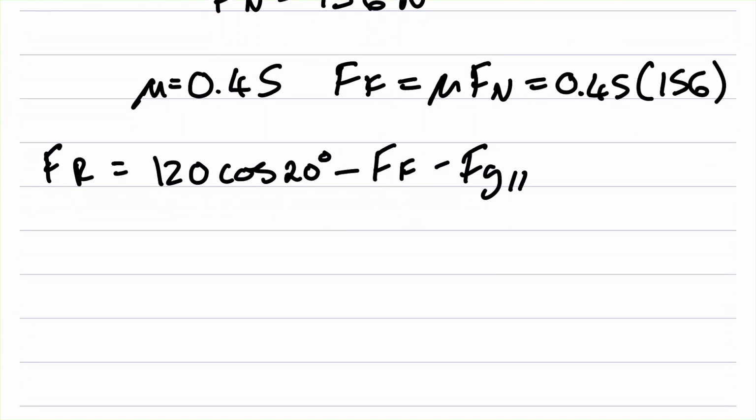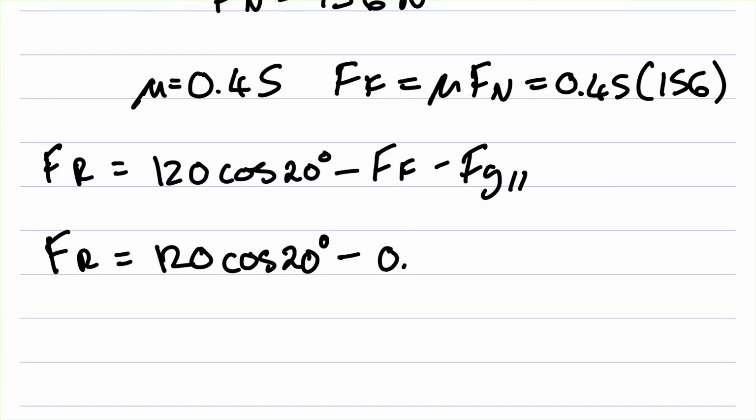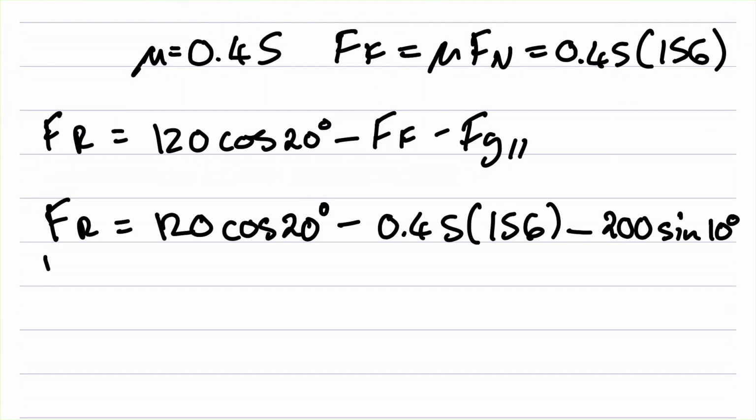Okay. So subbing everything in, we get resultant is 120 cos 20 degrees. That's our applied force minus frictional force. Okay. So 0.45 times 156 minus FG parallel, which we knew is 200. Okay, that's FG, and then sine 10 degrees. All right, solving for this, you should end up getting, okay, remember FR is equal